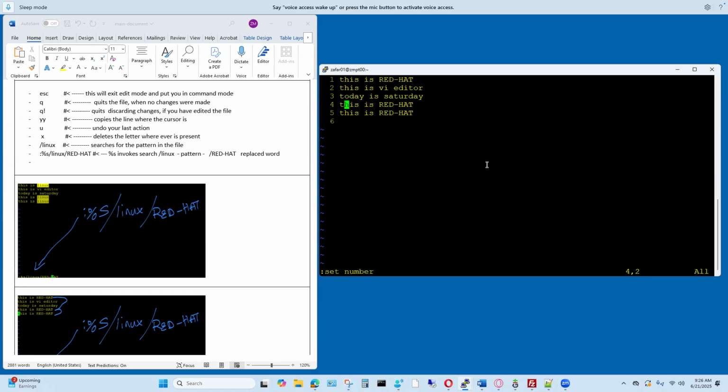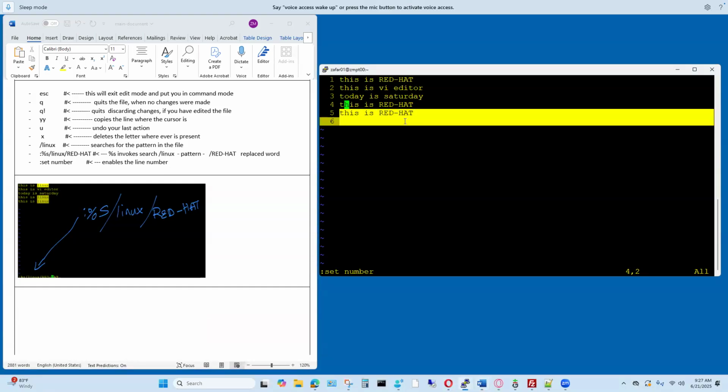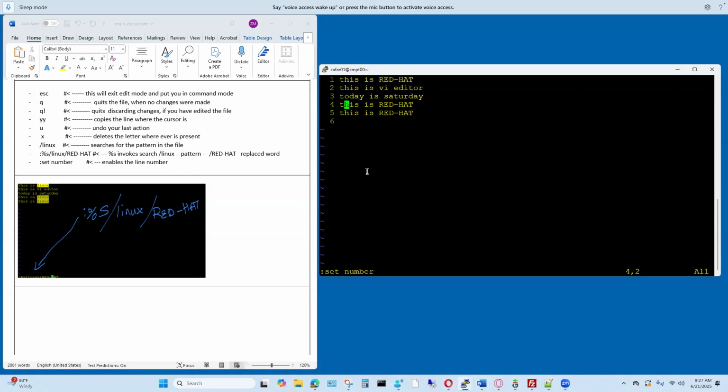And hit enter. Now all of a sudden, you see all these lines have numbers set in them. So if you are talking with your colleague or somebody, you could tell them, okay, I'm seeing some problem on line number 5 or line number 3, whatever, and then he's going to go in there and check the set number, and then he would